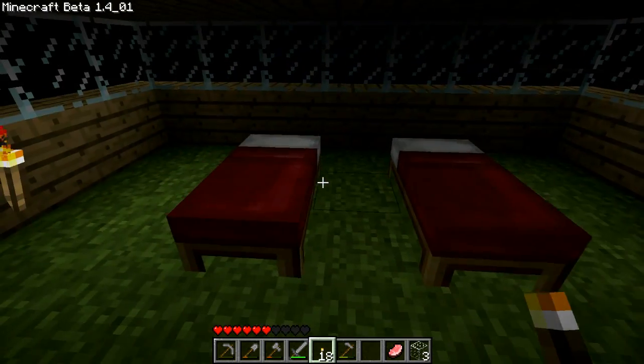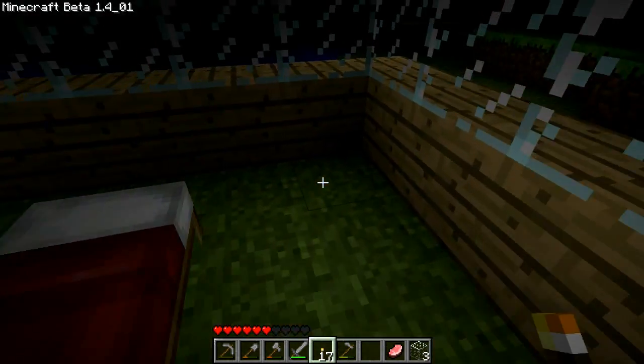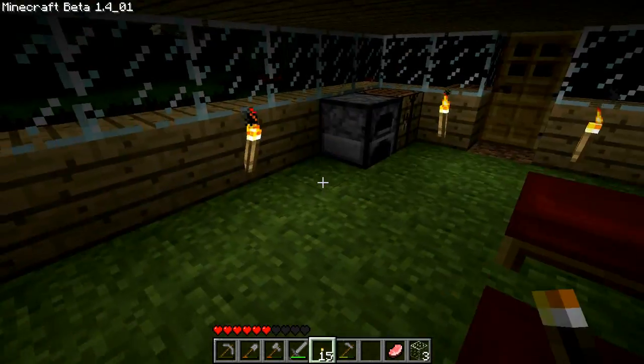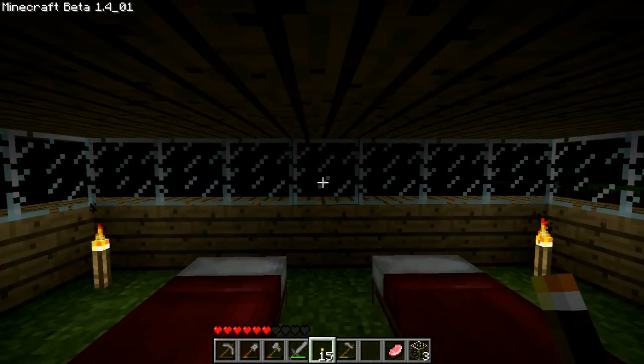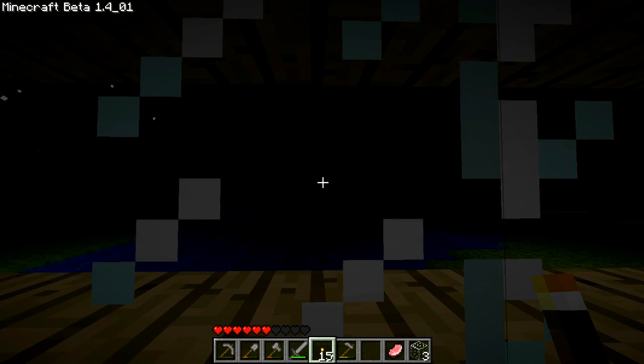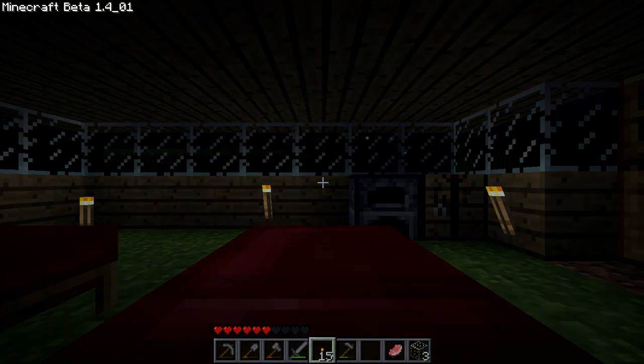So you'll be out in the wilderness and you could just set down torches and no bad guys will spawn right next to you, which is extremely nice. So let me just show you another aspect. It is nighttime right now, and I'll use the bed that I created. We'll go to sleep and wake back up in the morning,